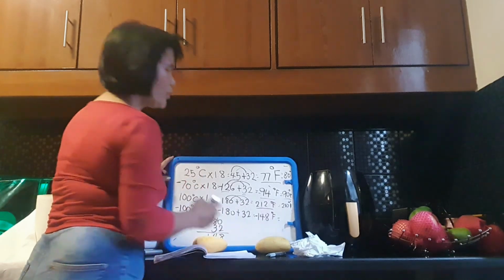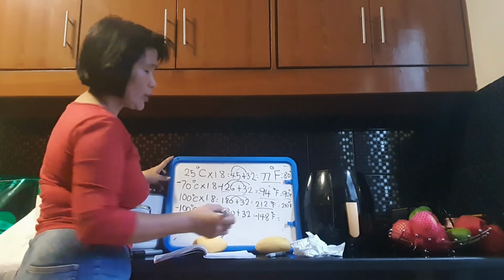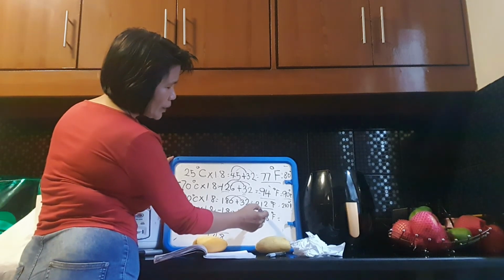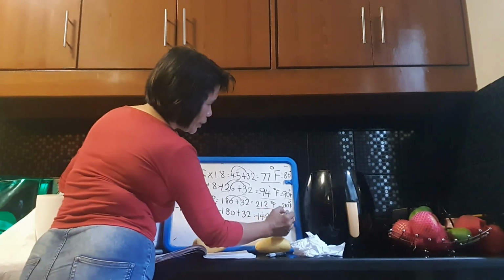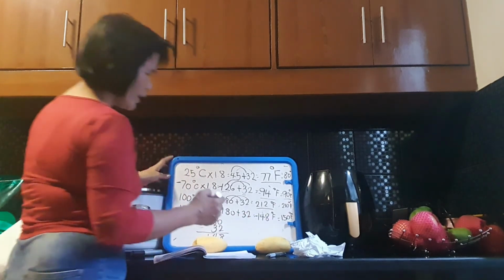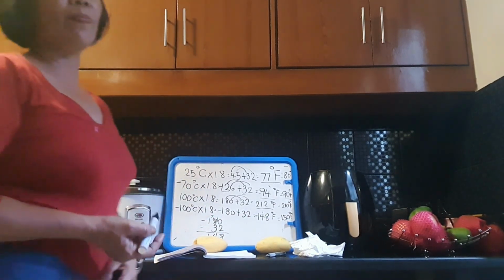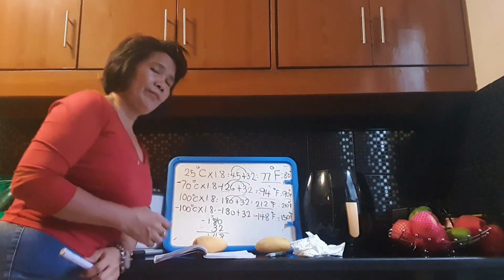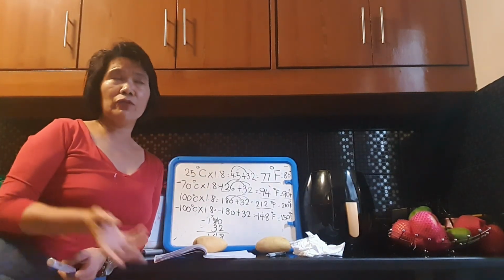Okay. If you're going to round it off to the nearest 10, so that would be 8. Ang value niya is 1. So, we have to add it here. So, that would be 150 degrees Fahrenheit. Rounded off to the nearest tens. Okay? So, then, nawa ay nakatulong sa inyo itong simpleng present